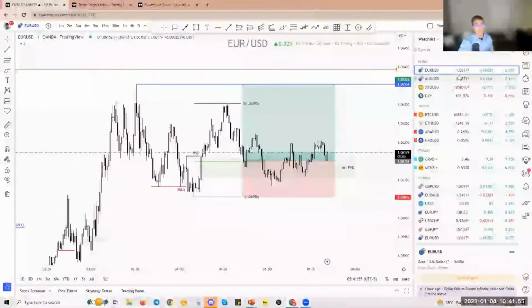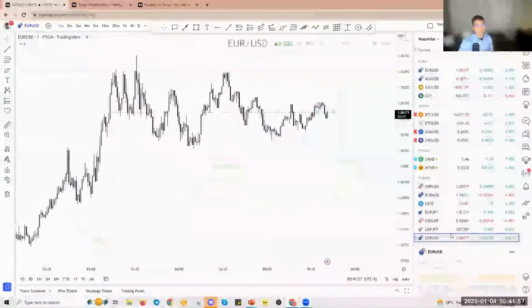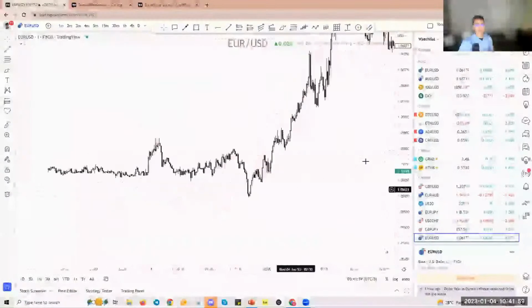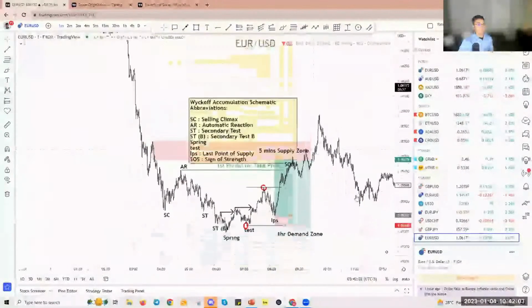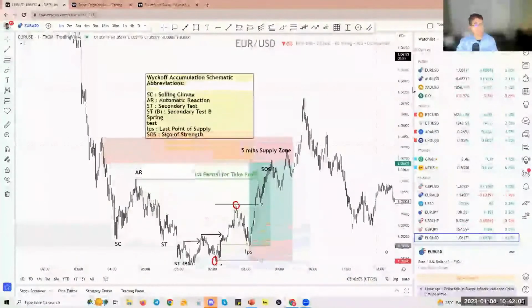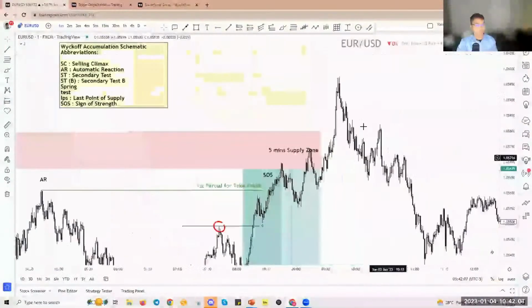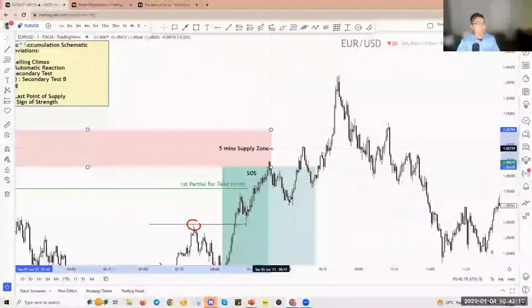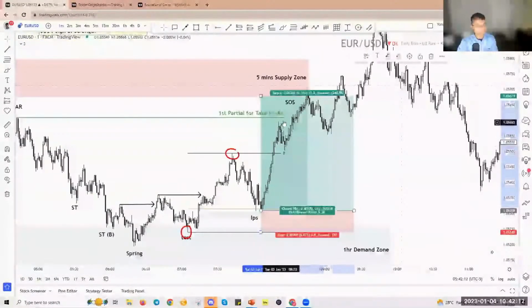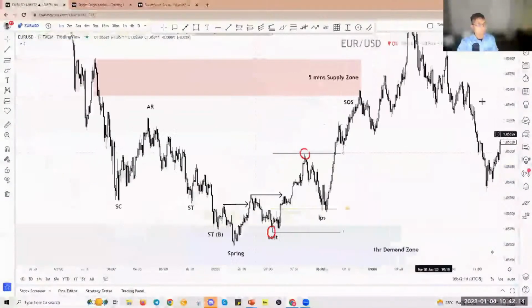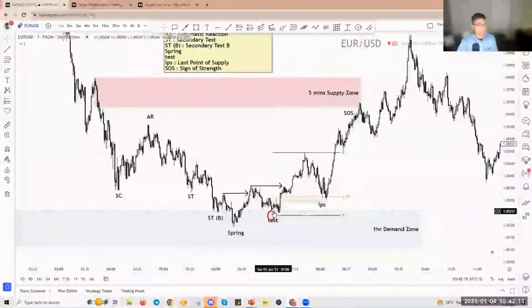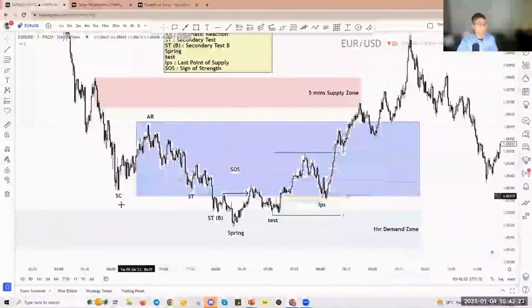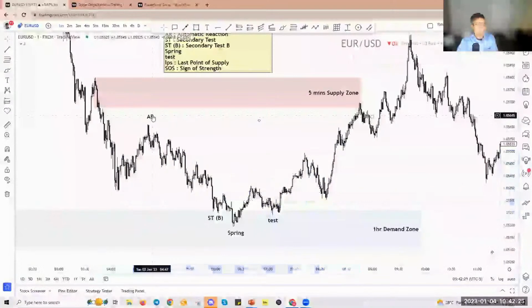Okay, next, let's move back to what we are talking about, the Wyckoff distribution schematic. So looking at this area, the same thing, prices already moved up. Next, we are looking for, I'll just delete this entire area out first. So we have the Wyckoff accumulation right here has already happened. Let me delete it out